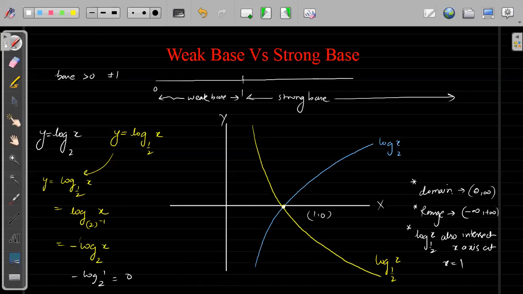Sir, can I know why you are giving much importance to drawing graphs on logarithm? But I'm not giving importance to only log. I give importance to the graphical approach for all functions, because if you are able to draw the log graph, afterwards it will be easy for you to draw the graphs of other functions also, okay?